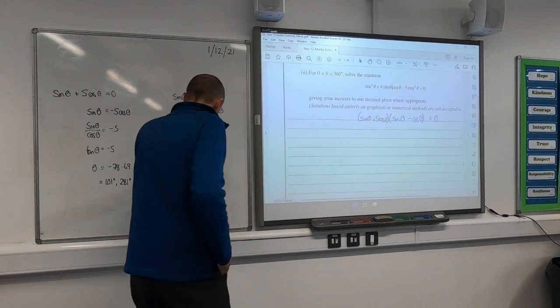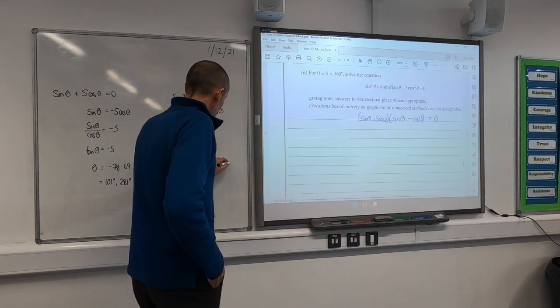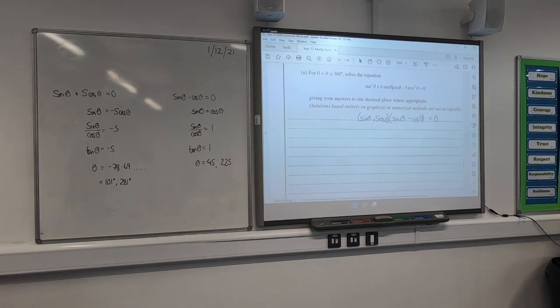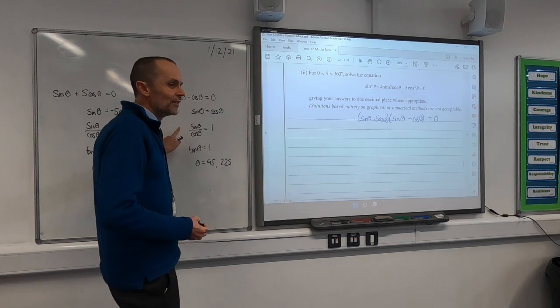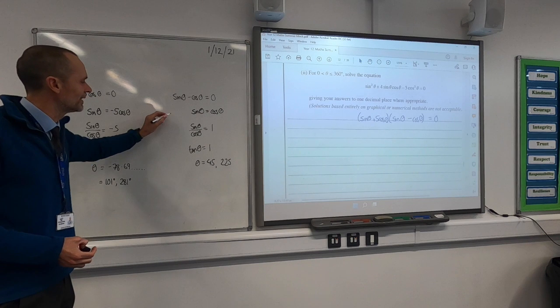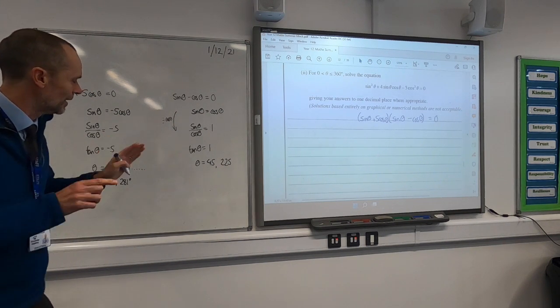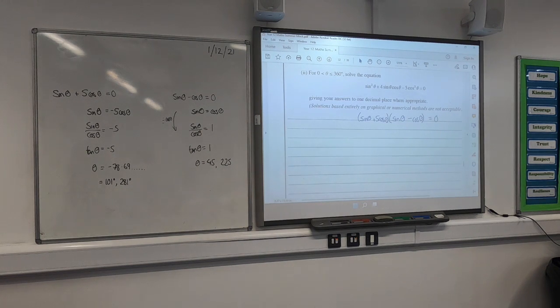So you should get 45 and 225 as well. Oh, is it all one, is it? Yeah, because cos divided by itself is 1. Did you put 0? Yes, that's an easy mistake to make. Now, going from here to here, we're dividing by cos, so we're dividing both sides by cos theta. So cos theta divided by cos theta is 1. Yeah, that's a good mistake to make now,